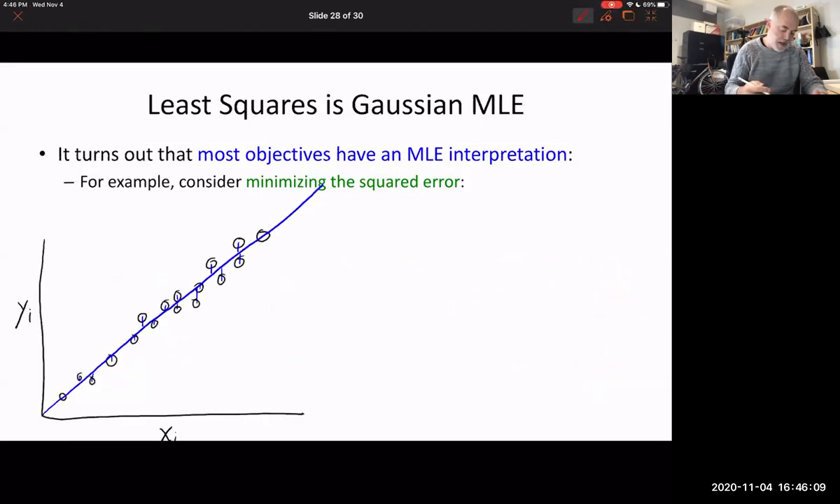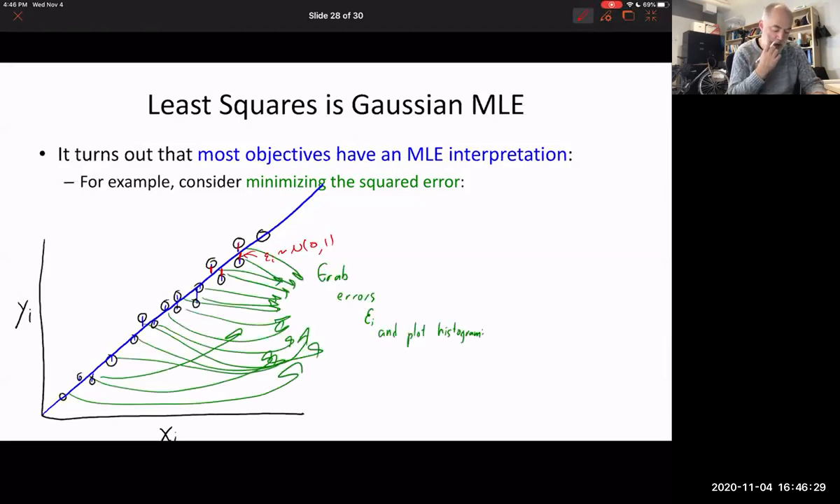If we have inputs X, outputs Y, we have the least squares solution in blue, and we have the residuals here. The assumption that we're making is that each one of these epsilon i's is distributed normally with mean 0 and some variance, which in the case of least squares we assume to be 1. To get an intuitive idea of what's going on, if we take all of those errors and histogram them,